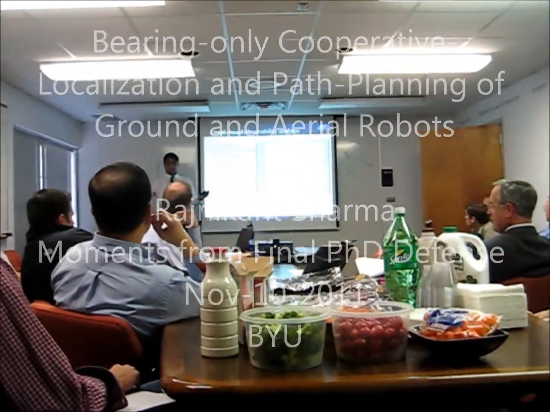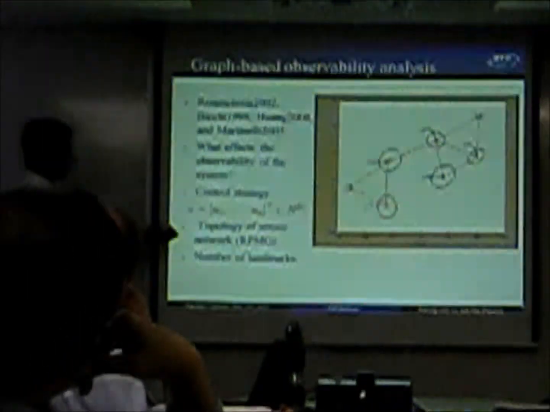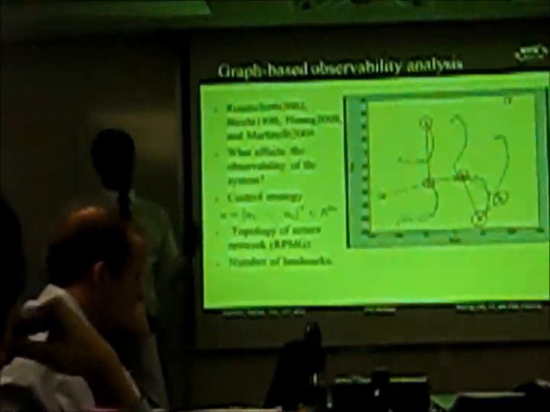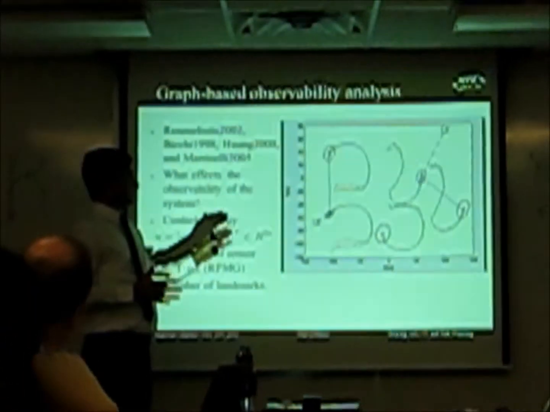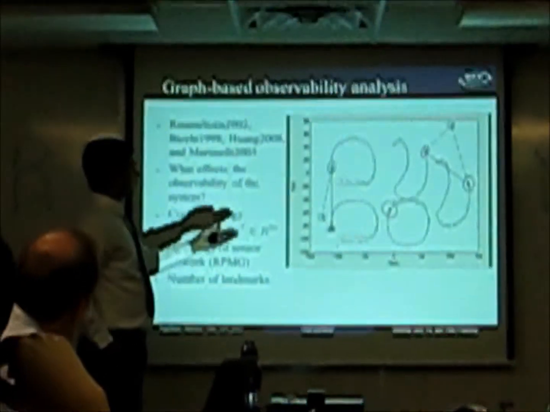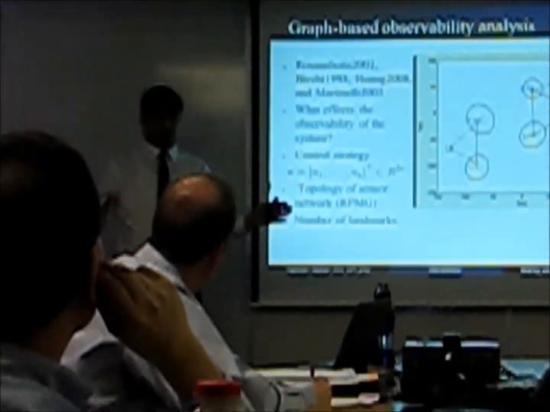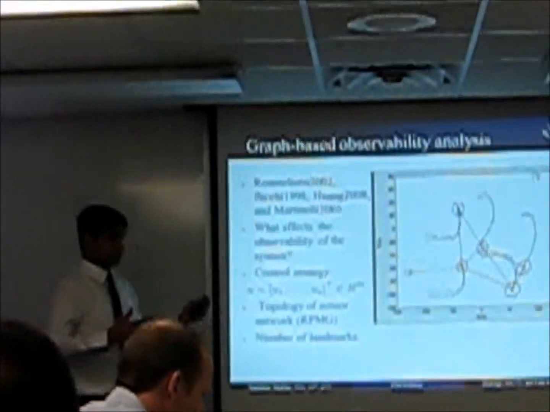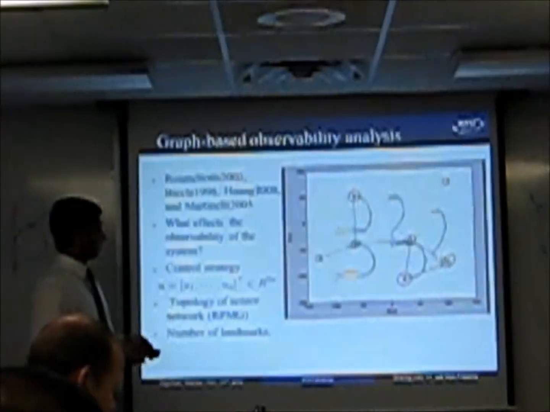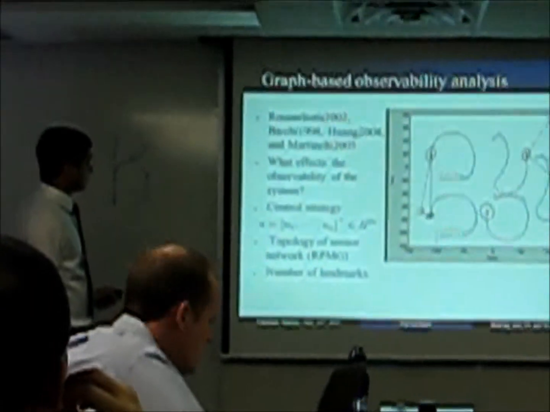So there will be a lot of combinations of control and the topology of the network, and how many landmarks are required for observability. So it is really important to find simple conditions, and using them you can say, okay, this system is completely observable. Irrespective of what technique you use, EKF or particle filter, the system should be observable if you want your states to be bounded. So this is our first objective, first problem.